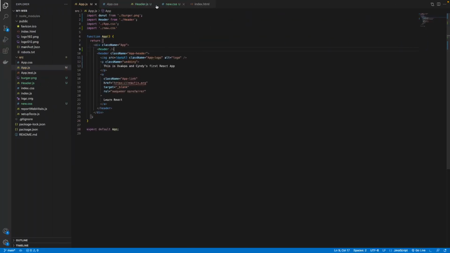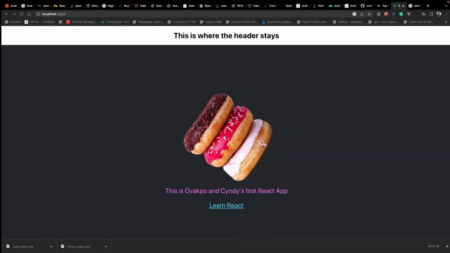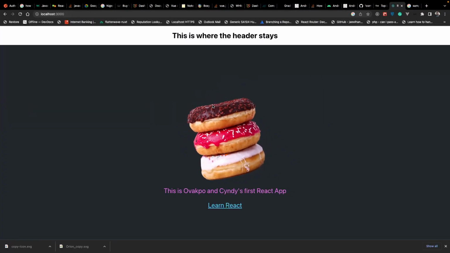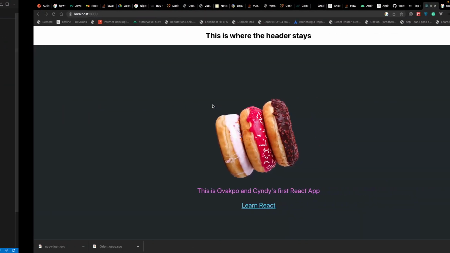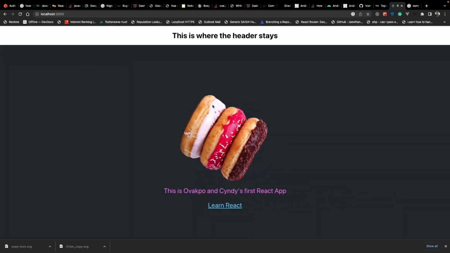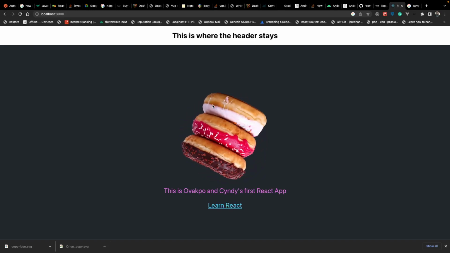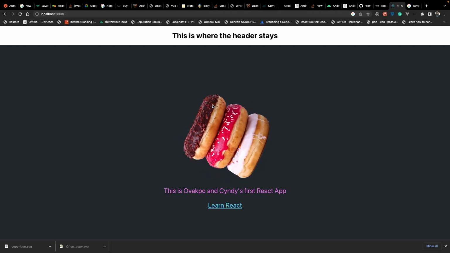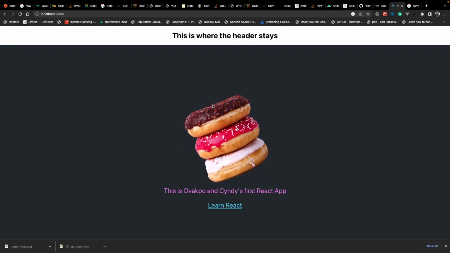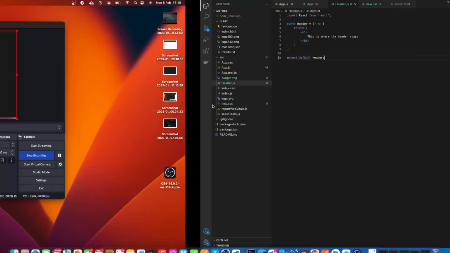So since it's header, let me make it H1. Cool stuff, right? You do the same with footer. As we proceed in the next class, we'll talk about routing in React so that you can move from one page to another, and then you keep importing header in each of those pages. You also keep importing footer in each of those pages, and you still keep writing your normal JSX, which looks like HTML and CSS. Basically, the difference